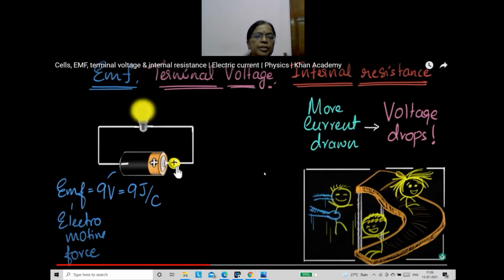Okay, then I'll ask another person whether they got it or not. Why is the voltage reduced? Why is the energy per coulomb reduced? Instead of 9, we are getting 7, for example. What is the reason? Gautam is not answering. Okay, I'll ask another one. Gautam, are you there? Yes, ma'am. You answer why the voltage reduces. Can you repeat the question?